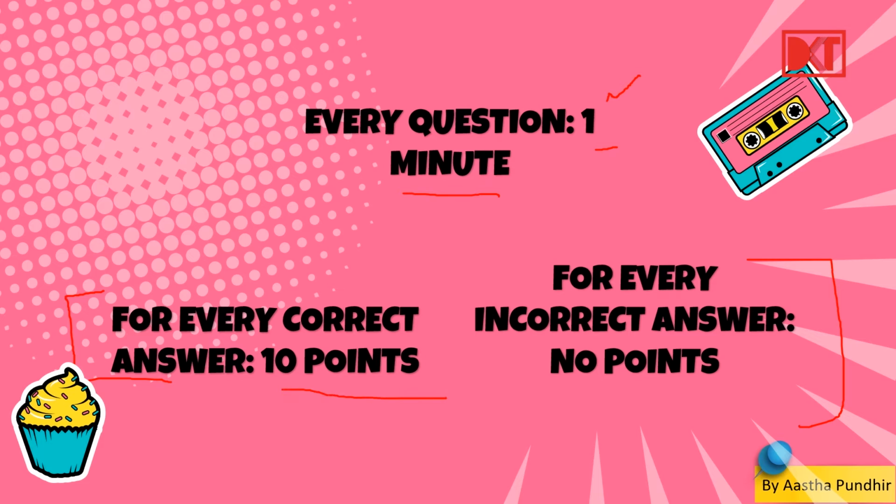This is just for your own little game where you can try to maintain a notepad. So here you write the name of the chapter and then the question, and then if it is correct you can give yourself 10 points. If it is not correct, you mark it here. So it is important to see these questions, the ones which you mark incorrect. It is important to go back to them later and then see where you did the mistake. Alright, this is just for your reference. For every correct answer, you can give yourself 10 points. Alright, now let's start.